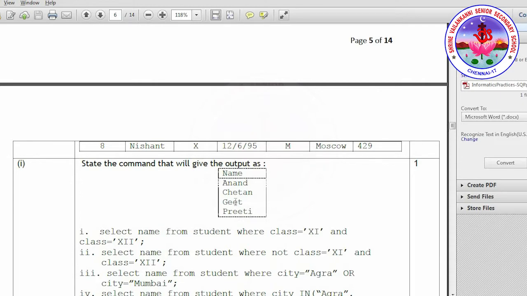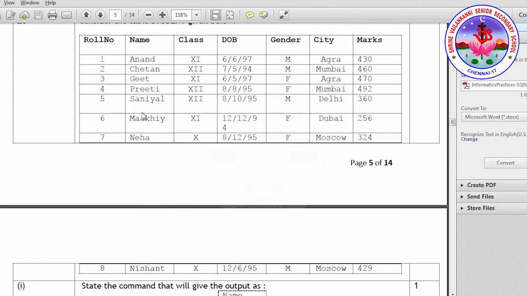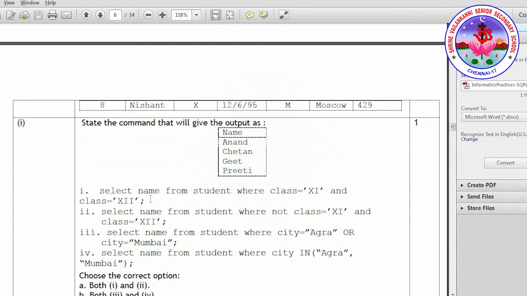So we are going to display only the name column, right? The first choice: select name from student where class equals 11 and class equals 12. Is the condition satisfied? A person from class 11 as well as 12? The condition is AND, not OR. So this choice is not relevant because it checks for an AND condition.